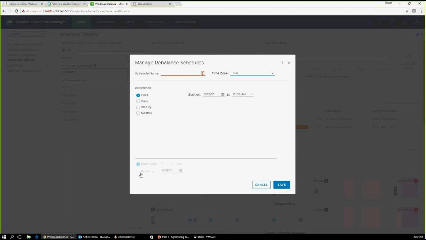I can never expire it, or I can expire it on a specific date, so that I can run this rebalance as and when it's required. So I'm doing it daily, and I'm expiring it on, let's say, September 30th, and I save it. Once I save it, that schedule is saved, and this rebalance operation will run every day at